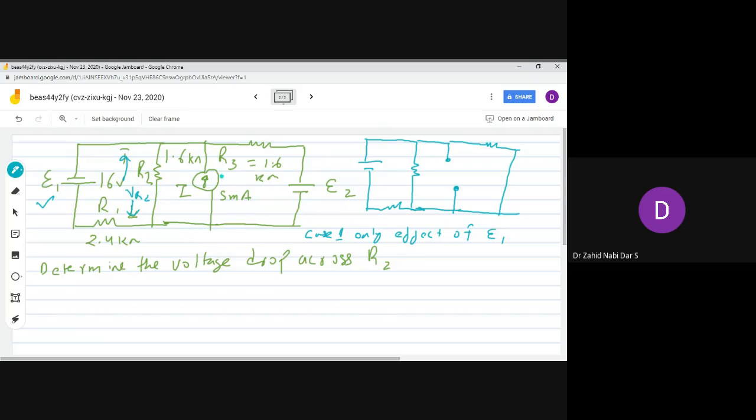E1. So here E1 is 16 volt as it is, we will write. Okay, the rest things will be there. 2.4 kilo ohms, this is 1.6 kilo ohms, and this is as it is 1.6 kilo ohms. Now here we are interested to get the voltage across this. So this is the VR2. Okay, now VR2. So how do we calculate VR2 over there? It is very simple, anybody can calculate. You can apply a basically a voltage divider network, or you can clearly see, I'll show you a technique.